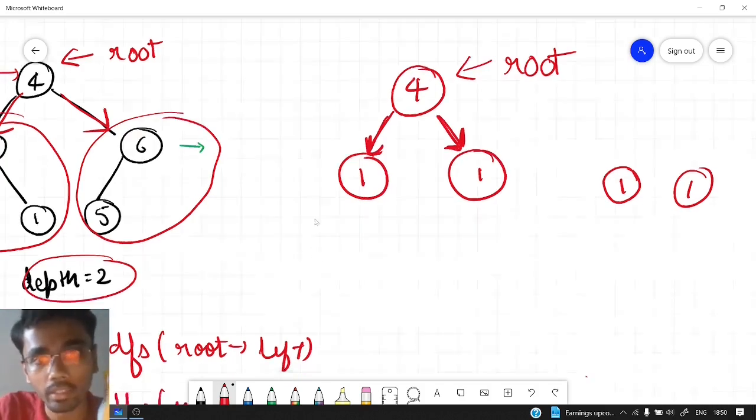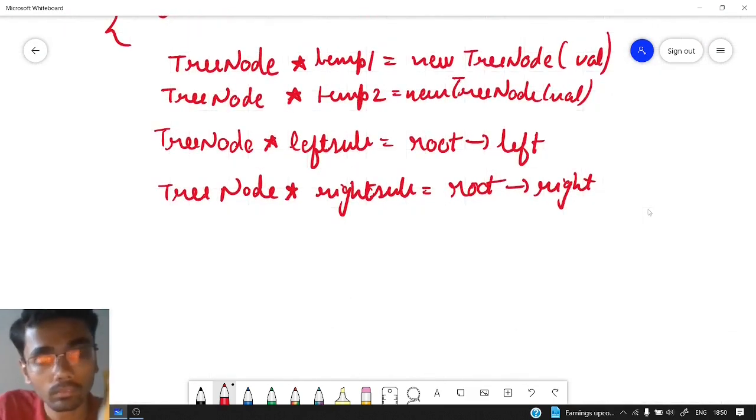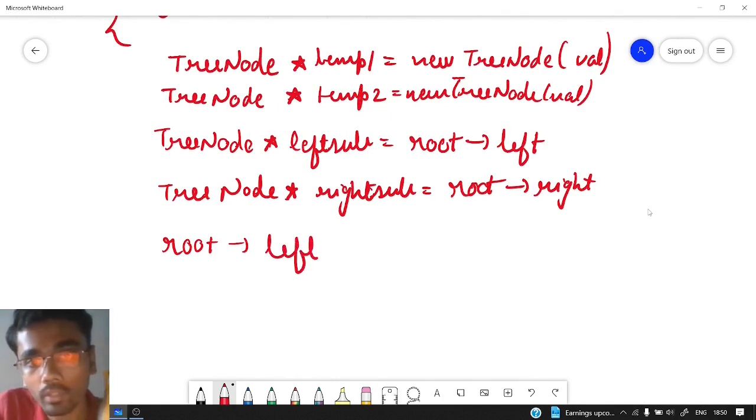So let us see it. Root's left will be equal to temp1, which will be acting as the left child of the root node or the current node. What is it? Temp1.